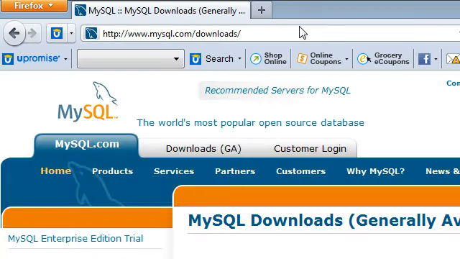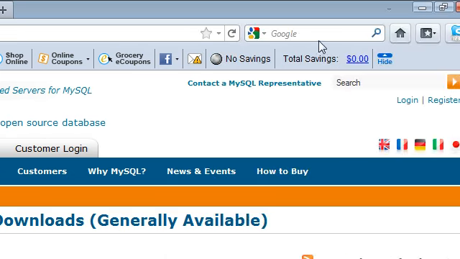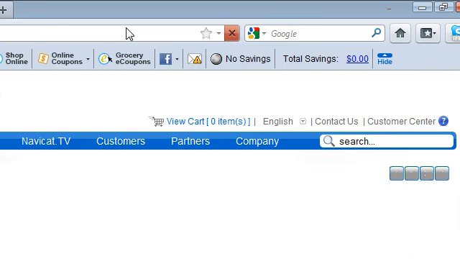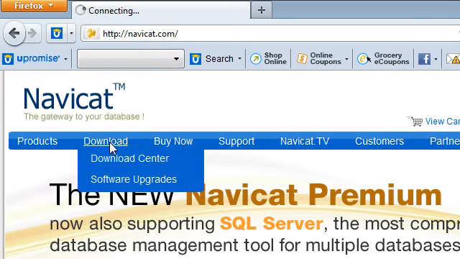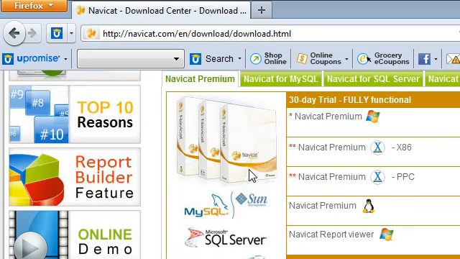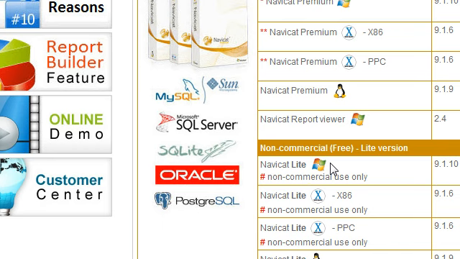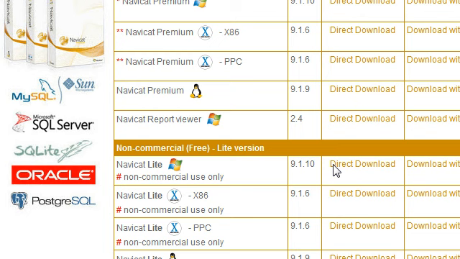Alright, now you've got that configured and you've got MySQL downloaded and running. Well, how do you connect to it? You'll need a program I like called Navicat. Go to navicat.com, go to download, and then you'll need to go to Navicat Lite, and if you're running Windows, make sure it has a little flag beside it. Go to direct download,